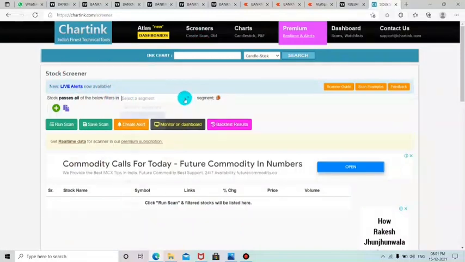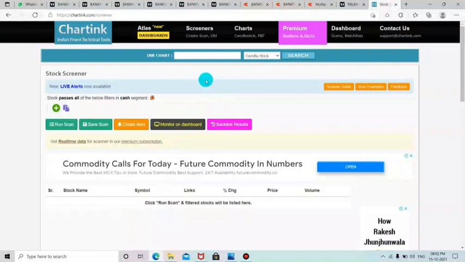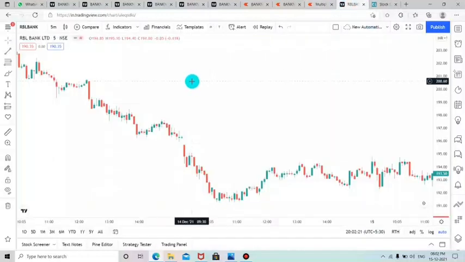We can select the particular script, whether you need to go for a cash segment or bank nifty segment or futures, gold, everything you can choose here, like indices. You can also create a particular watch list and scan for particular stocks alone. This is the procedure we are going to do right now, and I will be explaining the strategy first of all. So let us see an example with RBL Bank on 14th December.